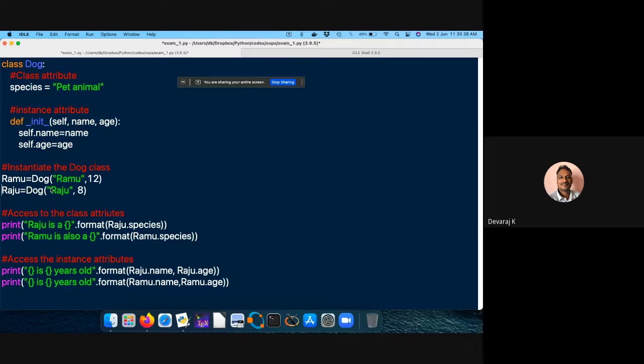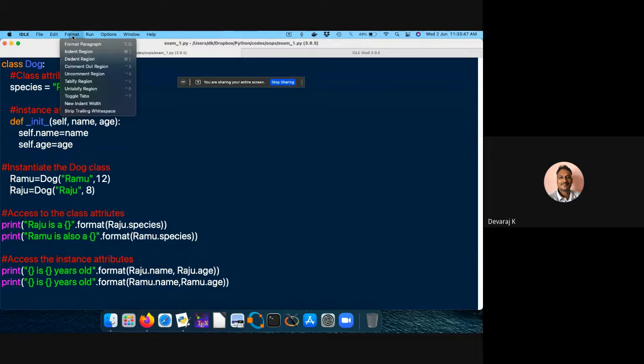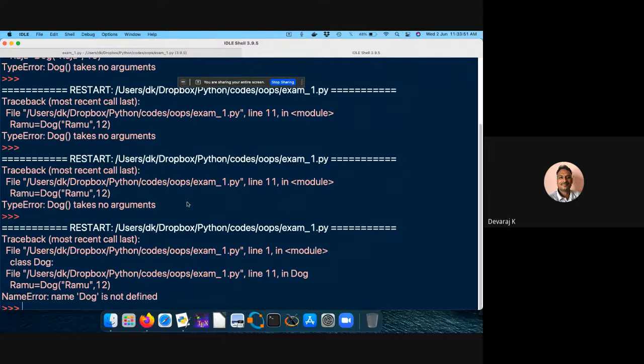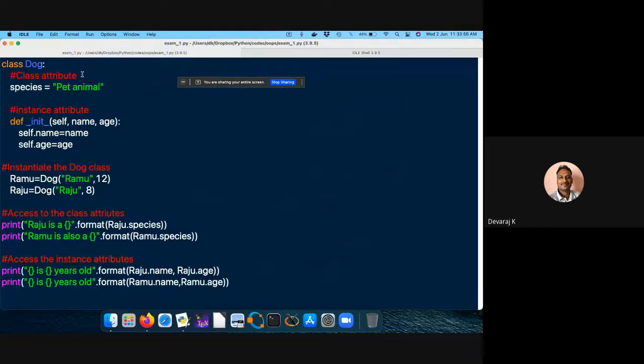It has to run actually. I don't know why it is not taking because syntax looks fine.